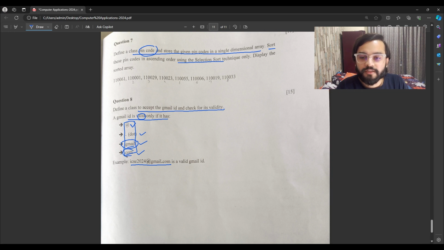Also for com, we will create small strings of length 3 from our main string, and we will compare it with the com variable. But the only problem in this method is that if gmail and com are present at any position, it will tell us that it is a valid Gmail ID.